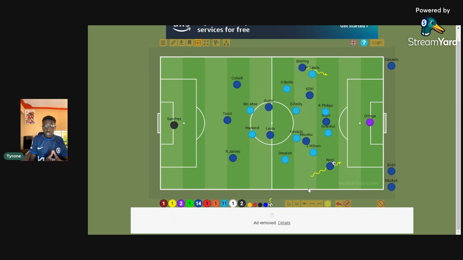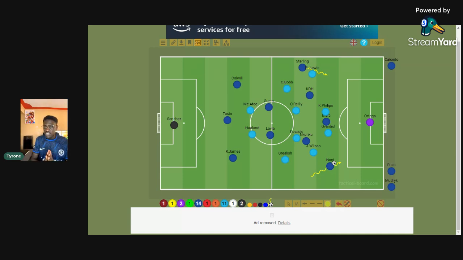Now, what I'm talking about here in this philosophy is that Chelsea should not be playing all of Enzo Fernandez, Caicedo, and Lavia in the same game. That should not happen. That is my first talking point. Maresca should choose two of them. Either he's playing Caicedo and Lavia, or he's playing Enzo Fernandez and Lavia. He should pick.